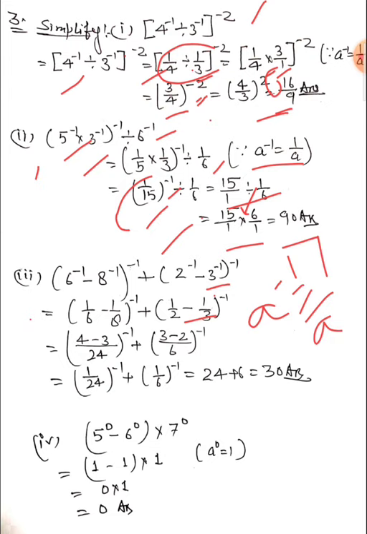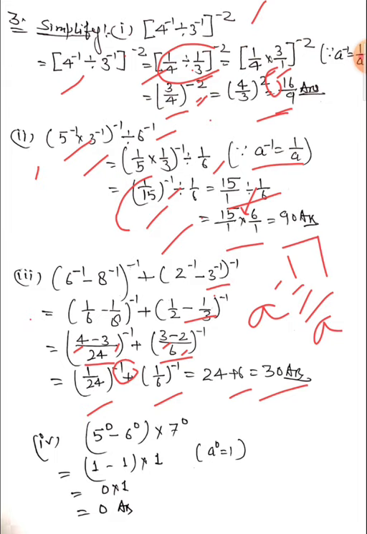We solve like a subtraction of fractions and addition of fractions. 6 and 8 LCM is 24. So 6 times 4 is 24, then 4, 8 times 3 is 24, then 3. Now 2 and 3 LCM is 6, then 2 times 3 is 6, 3 times 2 is 6. Now 4 minus 3, 1 upon 24 raised to power minus 1 plus 1 upon 6 raised to power minus 1. So both powers are minus 1, so we can write the opposite form, 1 upon 24, what is the reciprocal? 24 plus 6, then the answer will be 30.